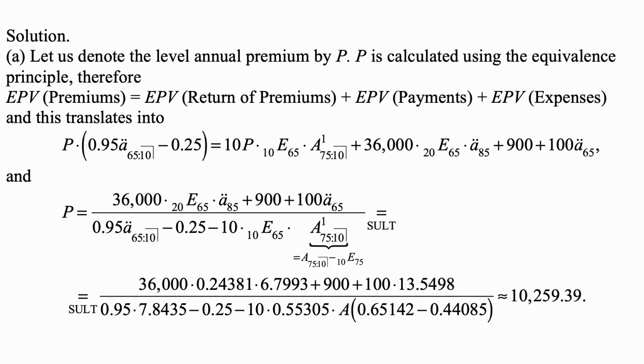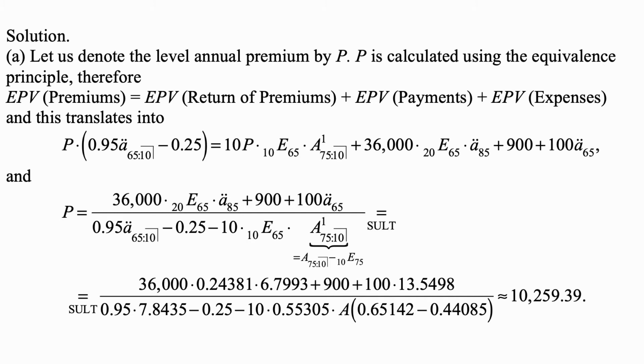if the person dies in the period after 10 years but before 20 years. Plus 36,000 times 20E65 times ä_85, that's the present value of life annuity, which is the other form of the benefit, plus 900 plus 100 ä_65, that's the other expenses that are not a fraction of the premium. And from this, P is equal to 36,000 times 20E65 times ä_85 plus 900 plus 100 ä_65 over 0.95 ä_{65:10} minus 0.25 minus 10 times